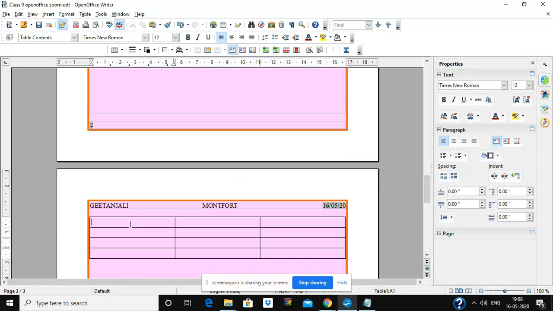Each cell in a table can be selected by either pressing the right arrow key or tab key. So I am writing name here in the first column. In the second column, I am writing roll number, and then in the third column, I am writing marks. So in this table, we are having three columns: name, roll number, and marks. And there are four rows. So I am writing the name of the first student here, second student, and third student here.